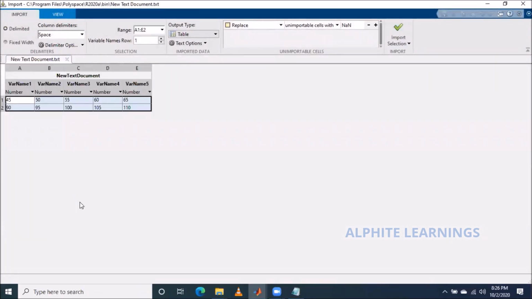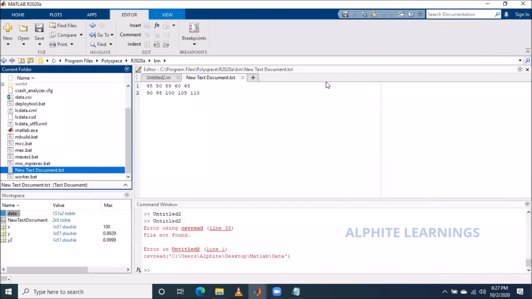So here it says, what is my column delimiter? What I use to separate two values: I use a comma. No, I didn't use a comma. I use a tab. No, I use a space, right? It was a space. I say just import my data. Okay, so you can go back and you have a new variable called this.